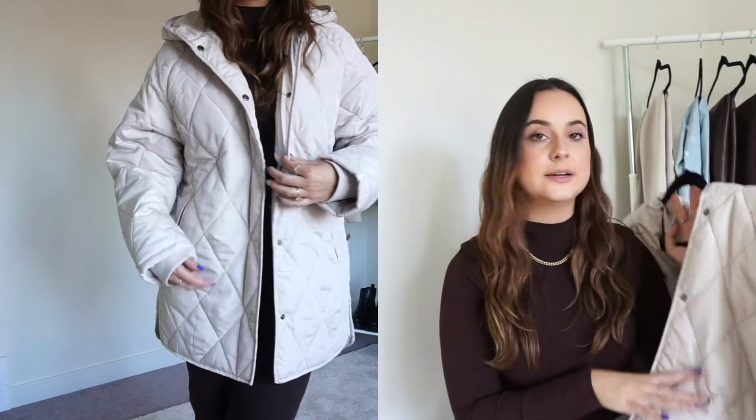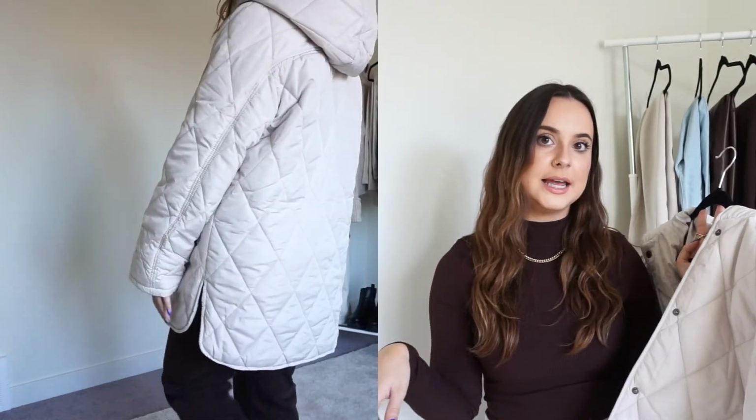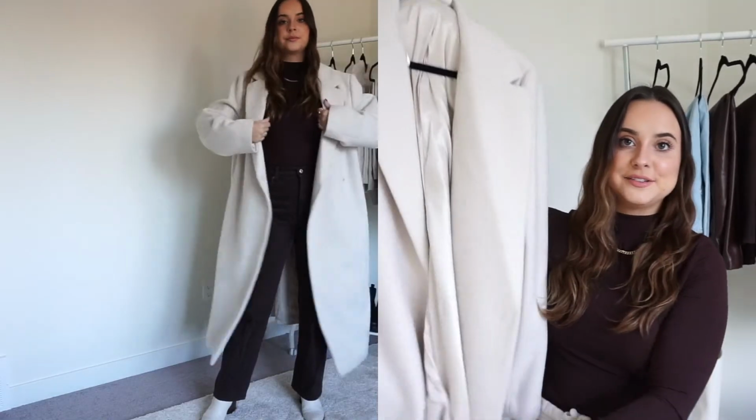This is a great coat to wear with a skirt or a dress and some high boots in the winter time. I'll put some pictures of a look that I styled not too long ago with this coat, and I thought it looked really fun with the skirt. So this would be my pick this fall and winter for a casual coat to throw on when you're out the door. And my second coat that I'll be featuring in today's top picks is this coat right here from